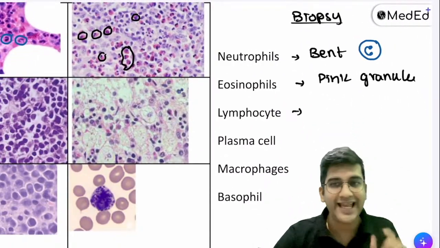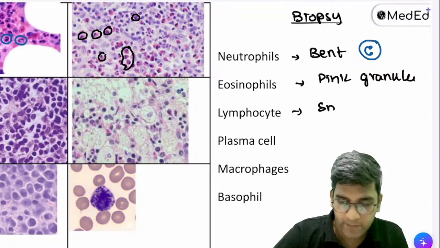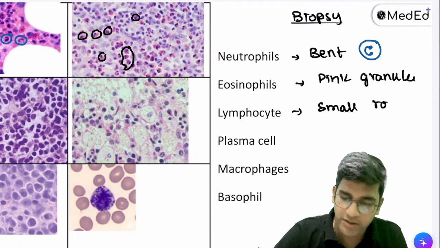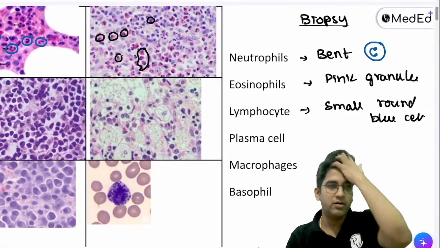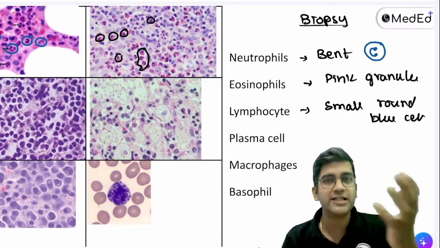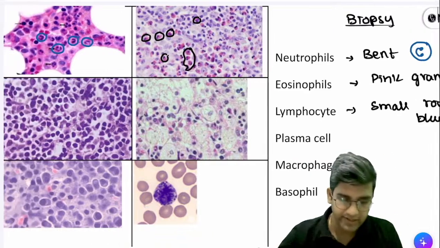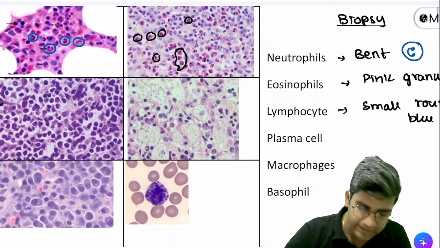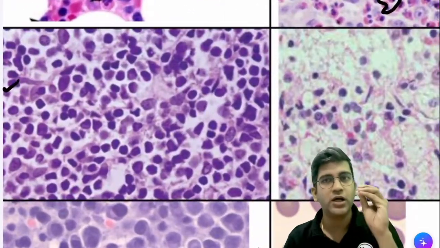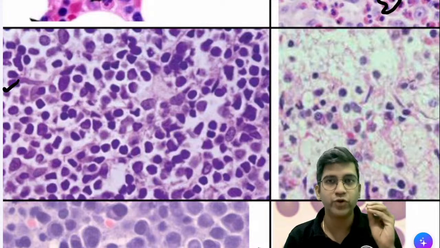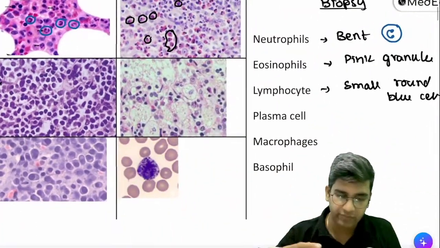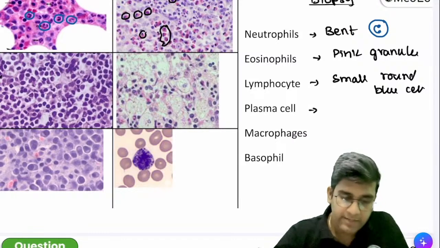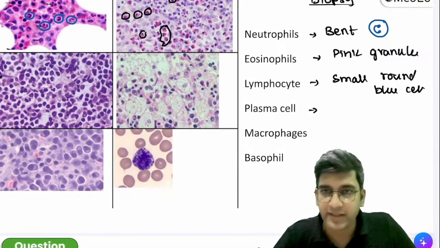Lymphocyte is an agranulocyte. It's a small, round, blue cell. Just wait with me for the next 2-3 minutes. We'll make beautiful extrapolations of whatever we have studied, right? All these are my lymphocytes. The entire thing here, they are small, round and blue. That's how a lymphocyte looks like. Small, round, blue cell morphology, fine? Okay. Macrophage. Let's go to plasma cells. Plasma cells have a very unique appearance, fine?